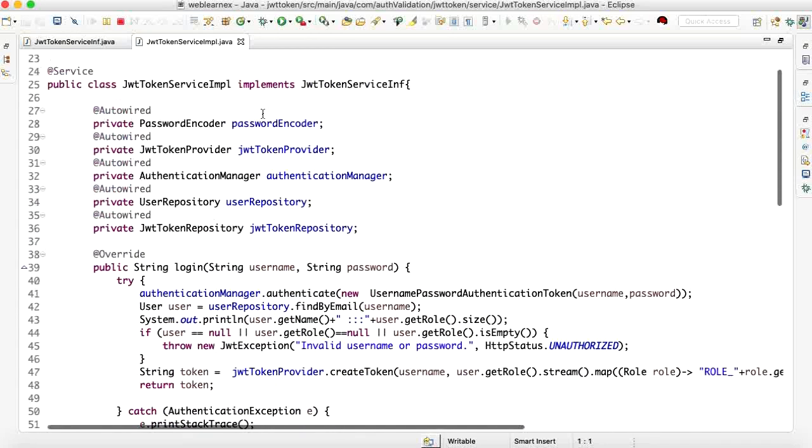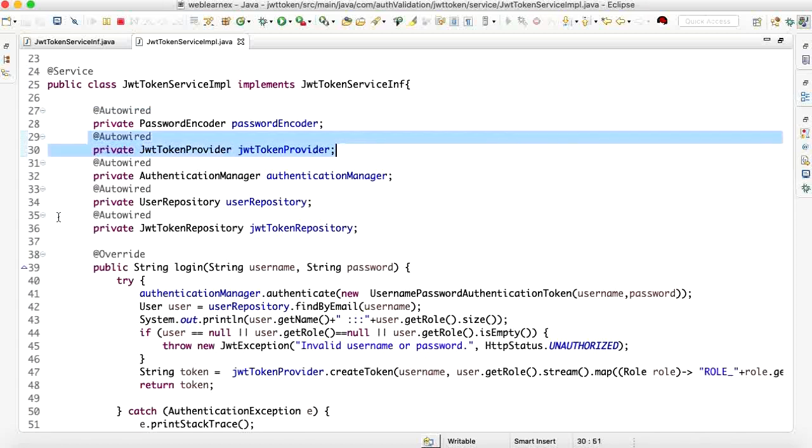Here I bind the encoder which is already provided by JWT, the authentication token provider which is already created, and the authentication manager, user repository, and token repository.